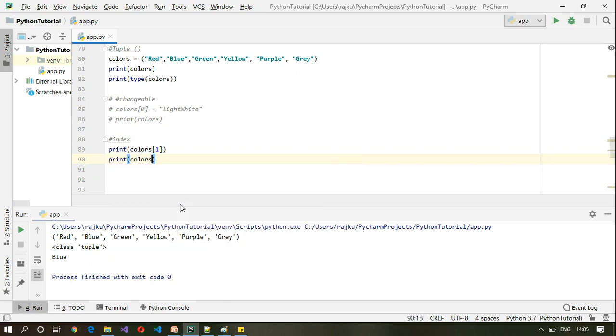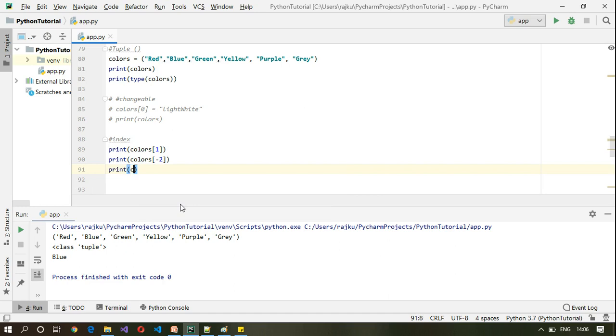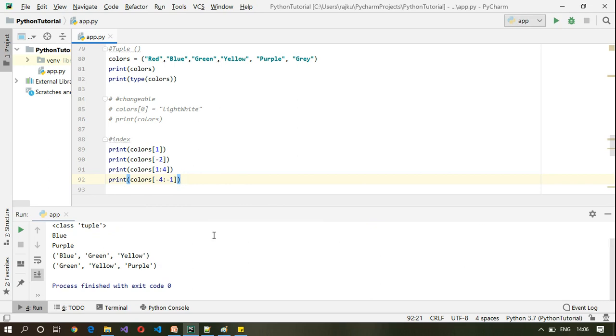Print colors of -2 and also index range. Print colors of 1 to 4, or negative index colors -4 to -1. Let me execute this. You can see these values get printed based on the index.